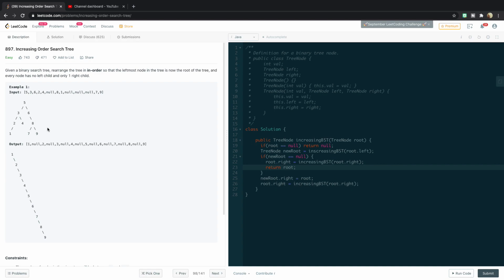So if it's null, then root.right, so this is null, right? So if we're here, this gives me null back. If it's null, then root.right is equal to increasingBST, so that's going to be null. So then